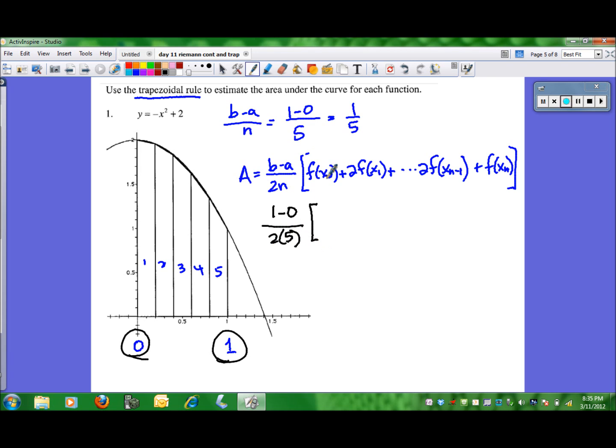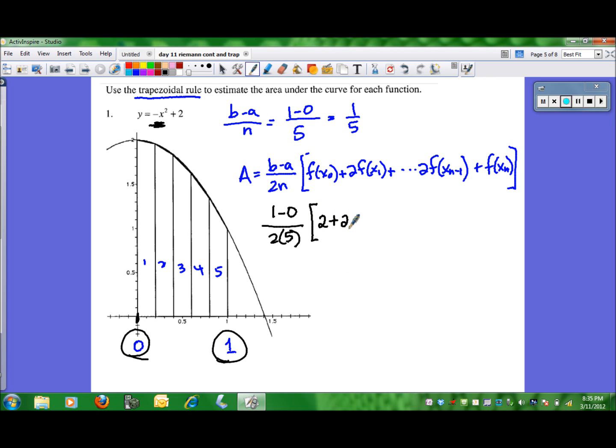Now what is f of x sub 0? We know f of x sub 0 is right here. It's our first guy. But what is f of x sub 0? Well, we take 0, we plug it into our function for x. And when I do that, I get negative 0 squared plus 2. I get 2